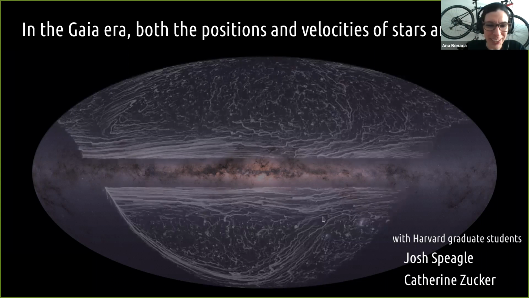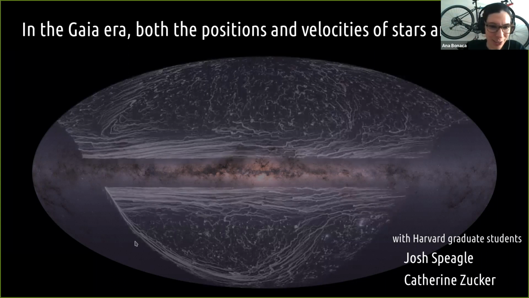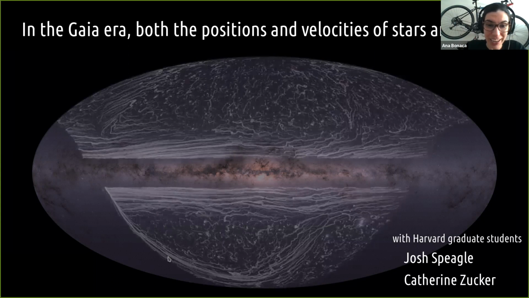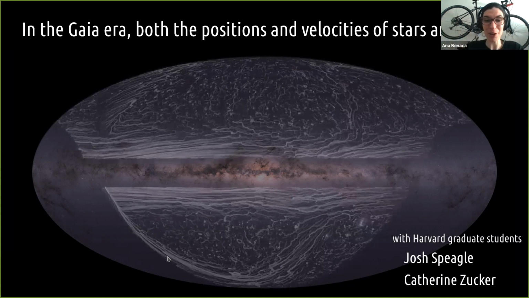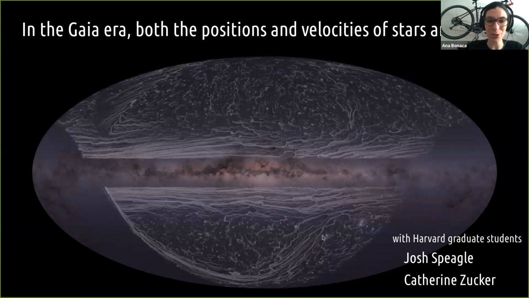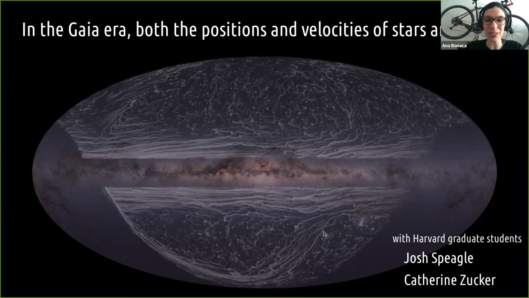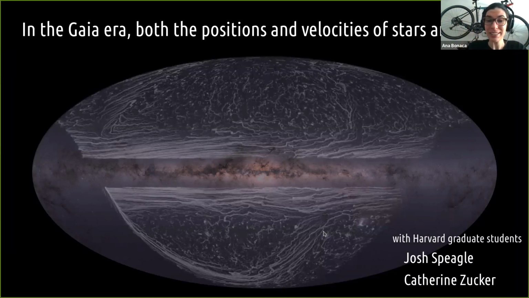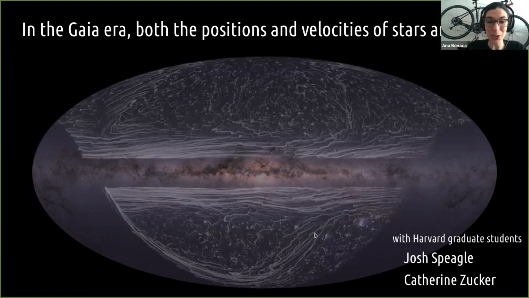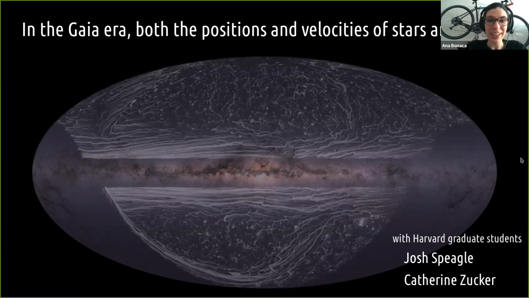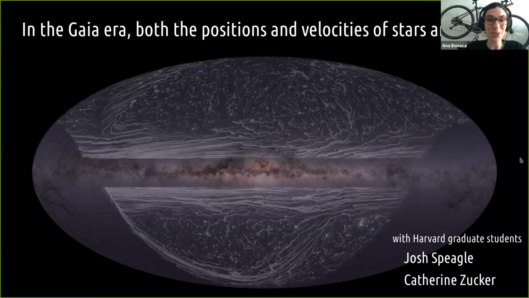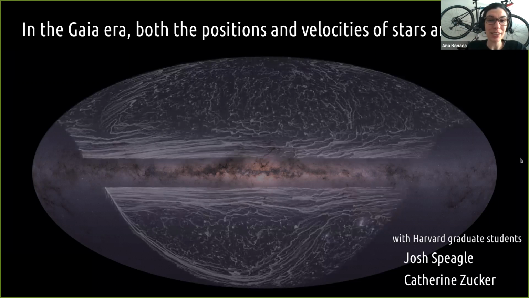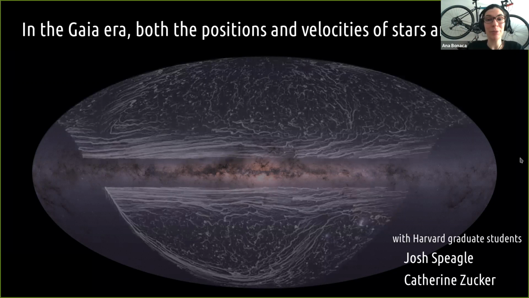Except for this one location over here where there looks to be streaming motion. And this is actually the Sagittarius stream that you saw as a very prominent structure just in the density of stars in the halo. But here we can see it directly in motions of stars as well. So Sagittarius is the most massive object, and we can just pick it out by eye in a visualization like that. What we can do is employ this information even to look at a smaller, lower mass stellar stream,